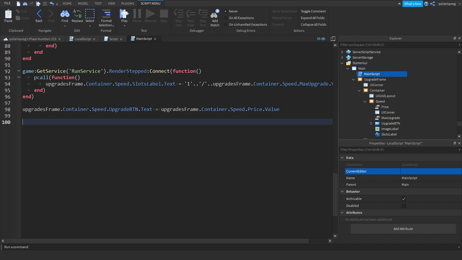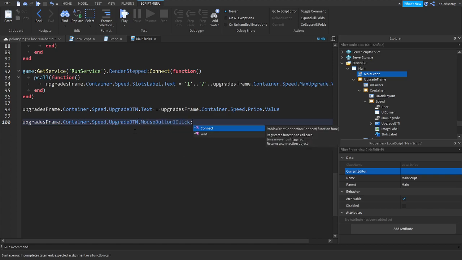And also I'm not happy with this. I'll change that later. What we'll be doing is having a mouse button on click event, so upgrades frame dot container dot speed dot upgrade button dot mouse button on click connect function, and we will have a